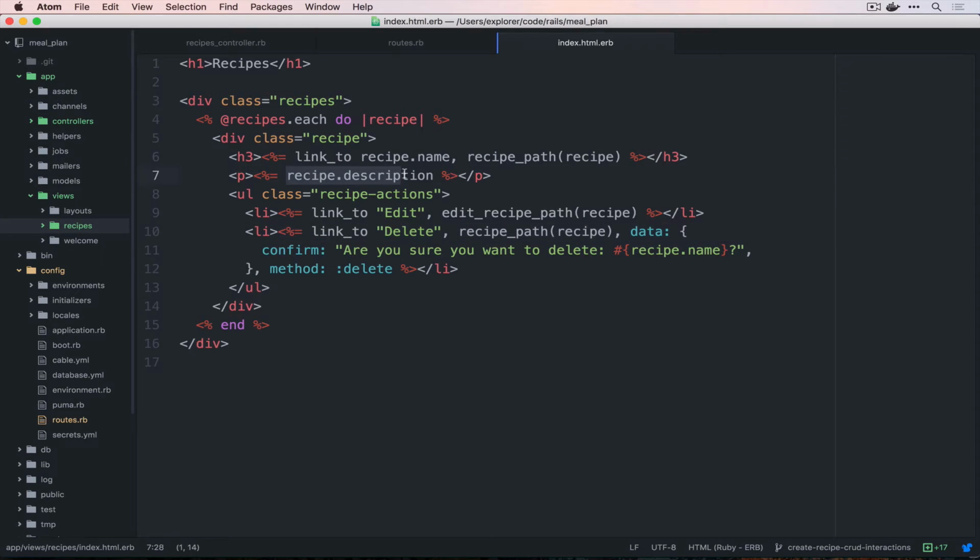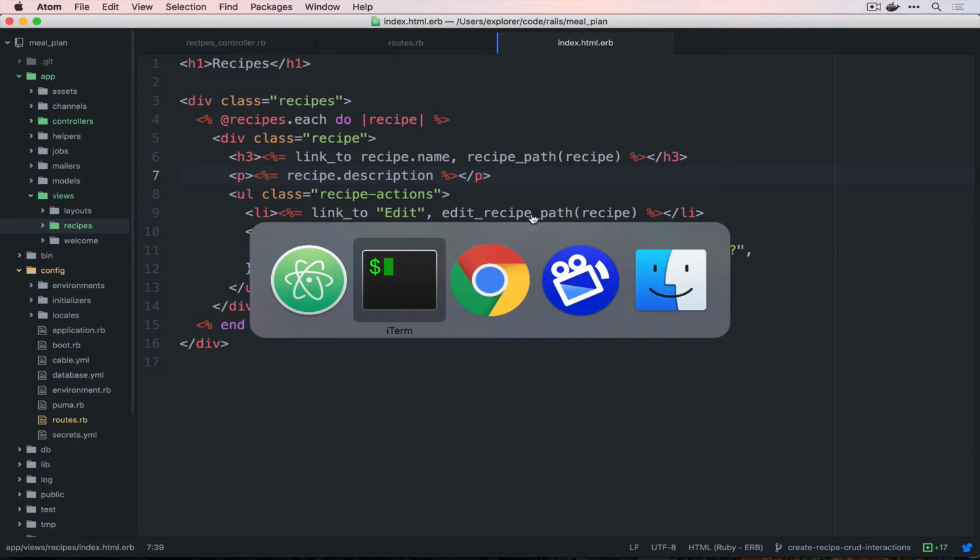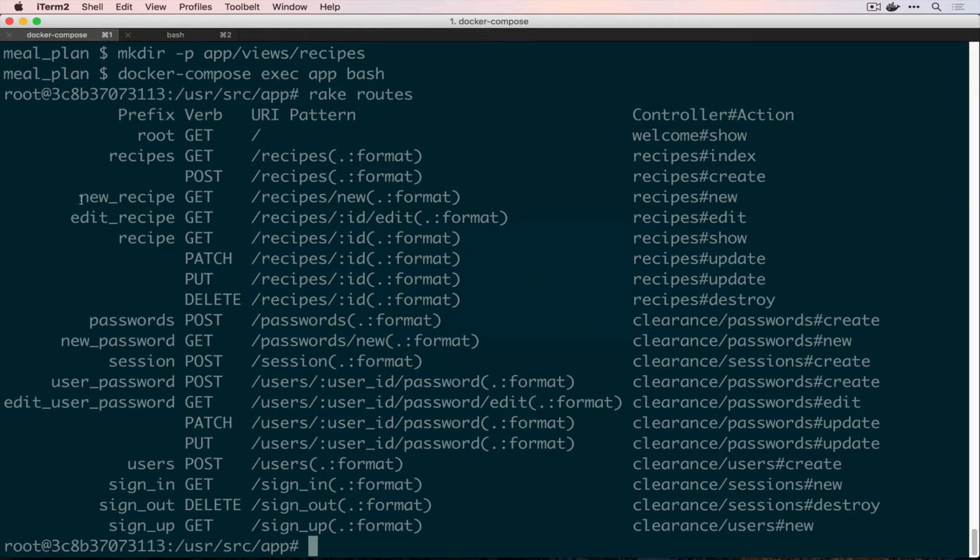Whereas right here, we actually want to take the string that is the recipe's description and put it into the paragraph tag. Moving on down, we have these, we called recipe path, edit recipe path again. And these actually come from our routes. So if we bounce back over and we look at our routes, you can see this stuff right here. So new recipe, edit recipe, recipes. If you append an underscore path or an underscore URL to any of these, they are what are called path helpers